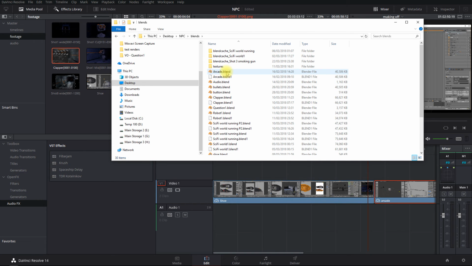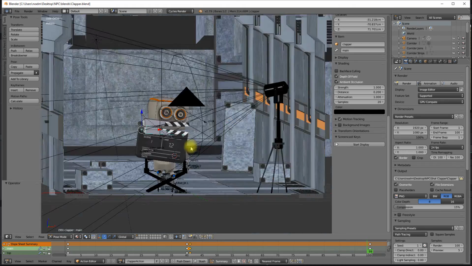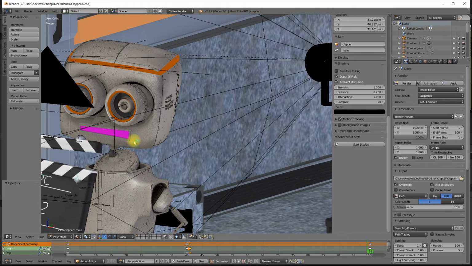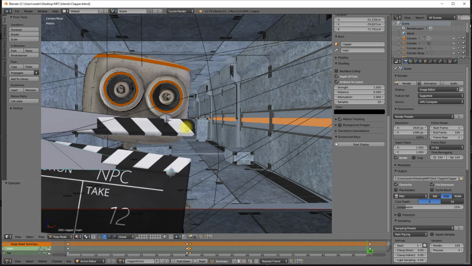So I'll just open that scene there with the clapper board that you were looking at. So this is it as a 3D scene. And if the character speaks in the 3D scene, so that's him there, you can see where his mouth is, it's purple. So that face there, that plane, the texture on that will be all of the individual files that come from the visualizer. So as I look through the camera here, I'm kind of deliberately blocking his mouth in this shot,